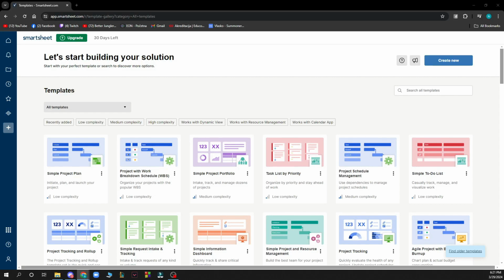Hello guys and welcome back to this channel, where today I'll be showing you how to format forms title and header in Smartsheet. So guys, the first thing that you of course need to do is go to smartsheet.com